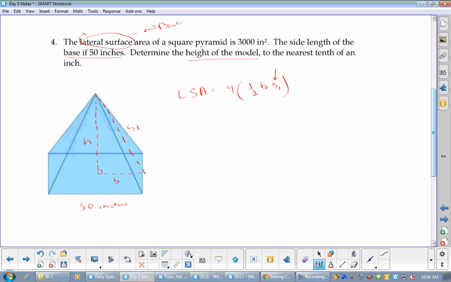I want you to look, it's the hypotenuse of the inner triangle, correct? But it is the altitude of the face, is it not? Okay, does everybody see that? It is the slant height of inner triangle